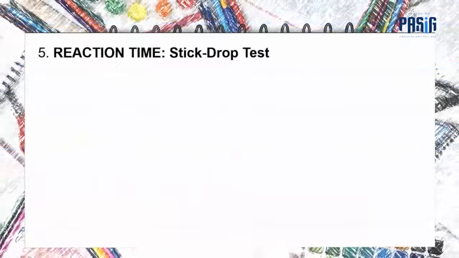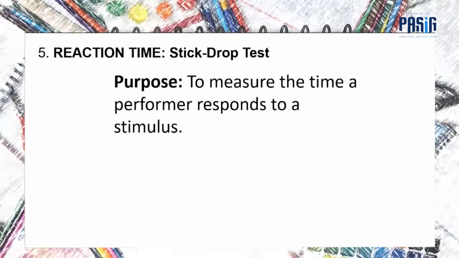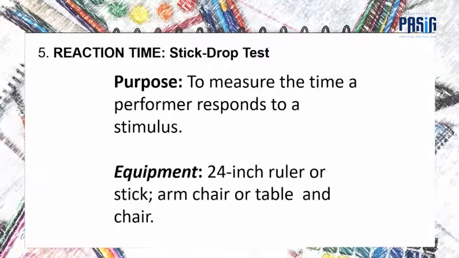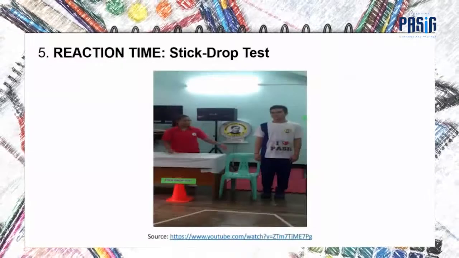And for the scoring, record the number of hits the performer has done. Next for reaction time is the stick drop test. The purpose of this test is to measure the time a performer responds to a stimulus. Equipment: 24-inch ruler or stick, armchair or table and chair. How to do it? For you,